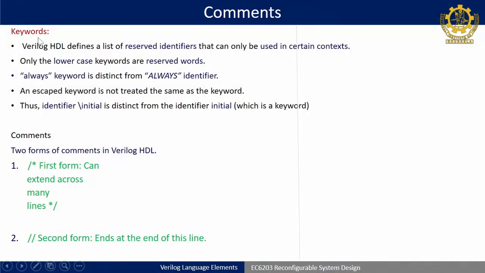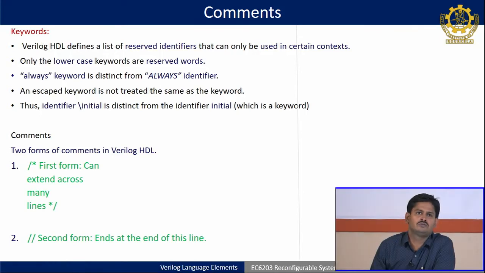Okay. So, before comments there are keywords. So, in short I can say that there are certain reserved identifiers which users or coders can't use for their coding. Like while coding I can't make initial one of the identifiers, because initial and always are fixed in the Verilog language manual. Okay. So, a list of reserved identifiers is there, used for certain context or for certain requirements. So, those are called keywords, right.